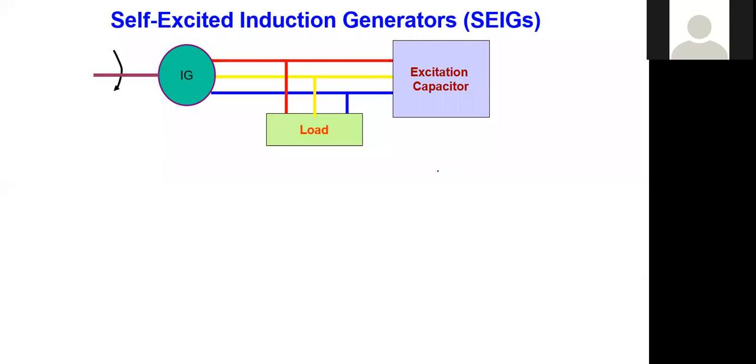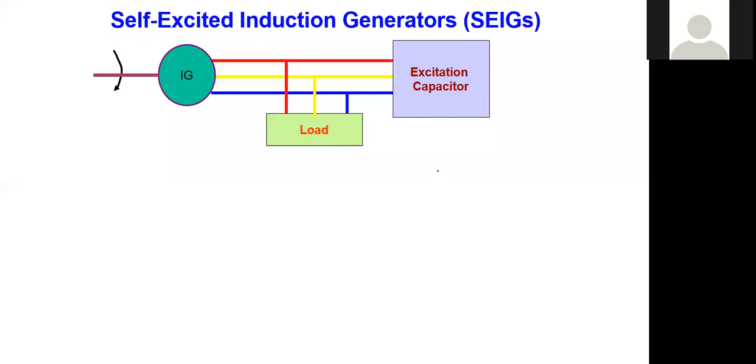The term self-excitation means that we are referring always to the DC machine. There are three types of self-excited machines available: series machine, shunt machine, and compound machine. If the field winding is connected in parallel to the armature, it is called a shunt machine. If the field winding is connected in series with the armature, it is called a series machine, series generator. And a compound machine has both the series field and the shunt field present.